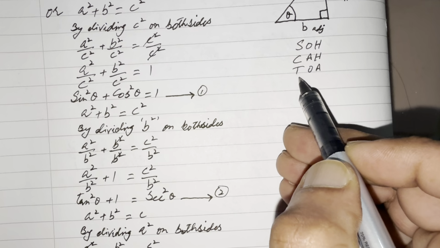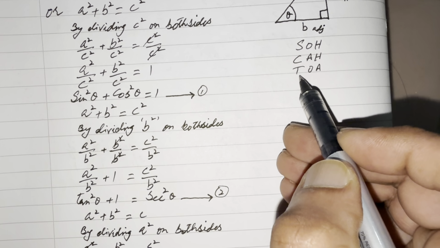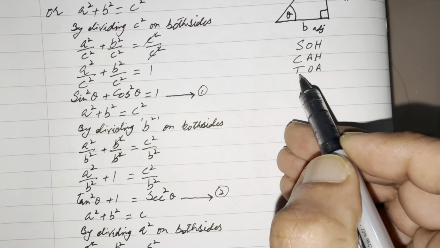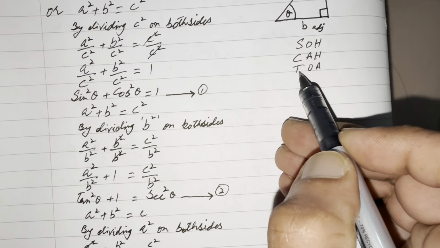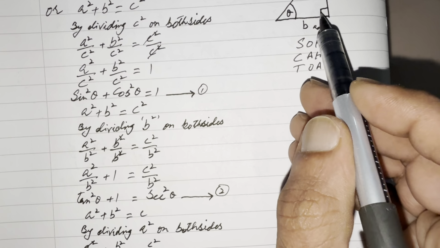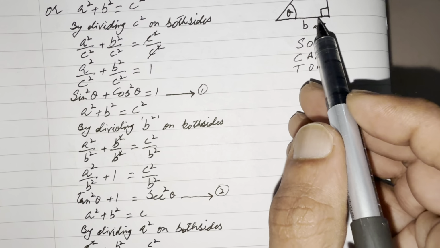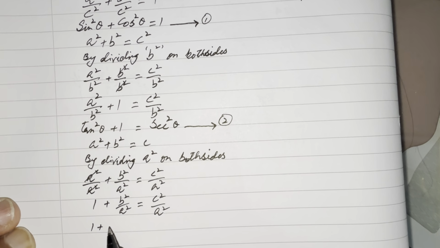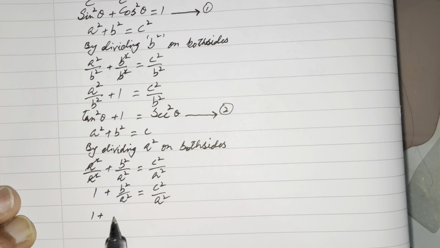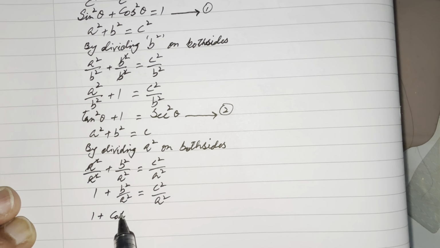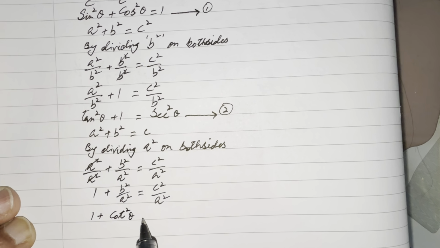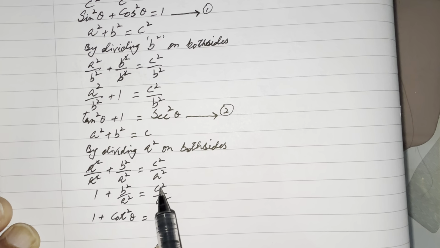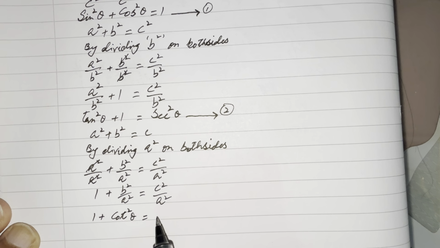So if we take the reciprocal, the tangent is cotangent, then the sides will also change into reciprocal form. So b square over a square will be equal to cotangent square theta,